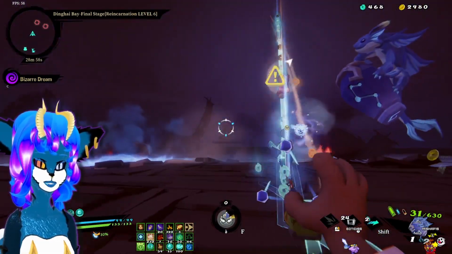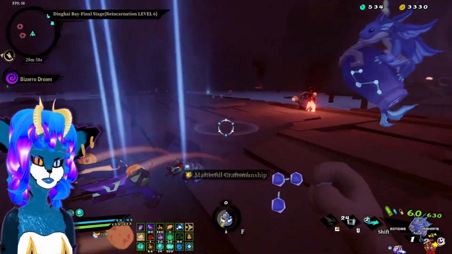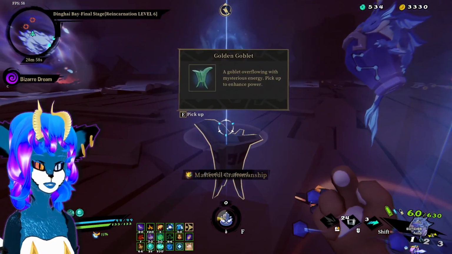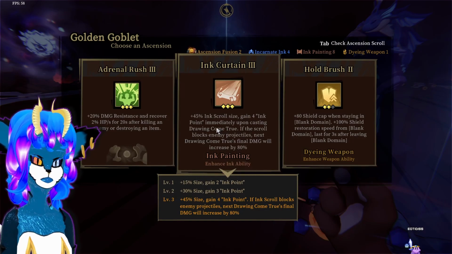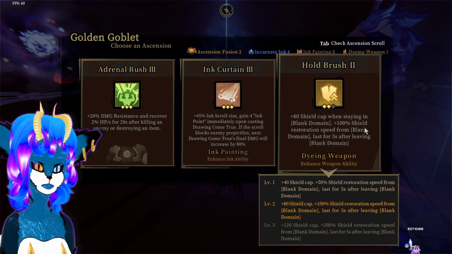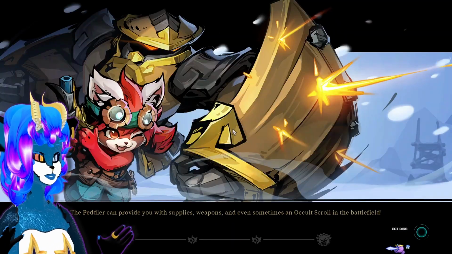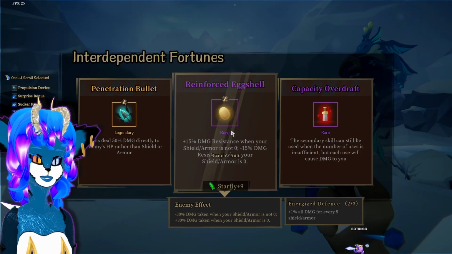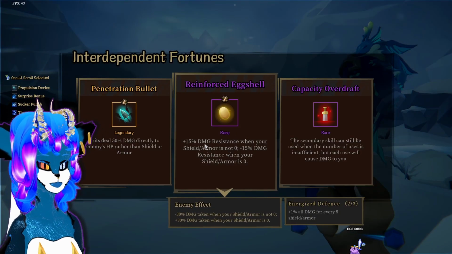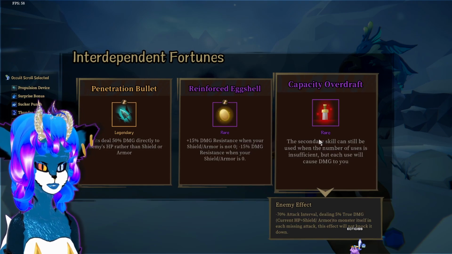I was hoping I would kill it during the attack, but we'll take that. That's fine. Masterful craftsmanship, that sure is a thing. No, I'll get a little bit of survivability. Our damage is good. I think our survivability is fine. But if there was anything that would happen to ruin this, it would definitely be my survivability. I'll take...